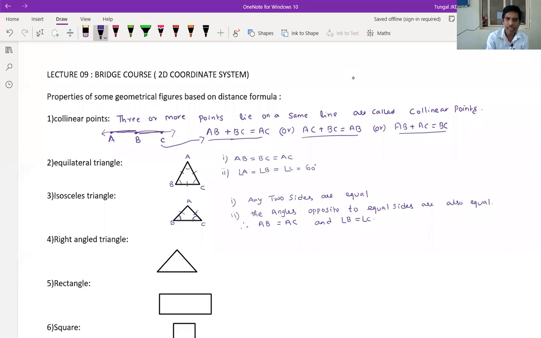Next, come to the right angle triangle. When a triangle is said to be a right angle triangle, one angle should be 90 degrees. Okay, na? Just turn the figure, you will get an idea. Some students ask, it is not a right angle like that. So a right angle triangle is one where one angle should be 90 degrees. Then the triangle is said to be a right angle triangle. How to verify? It is nothing but using the Pythagoras theorem. Okay, na?